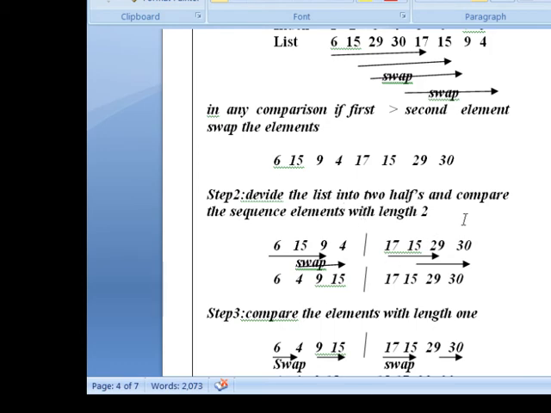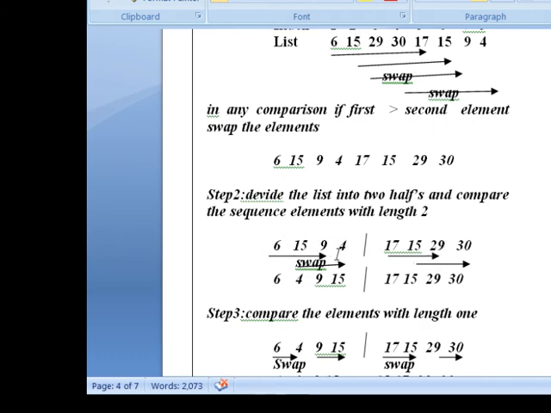Already we have seen the diagram of a Bitonic sorter. So for n value Bitonic sorter, it will compare with the fourth length. After that it divides into 2 parts for 4 elements: Bitonic sort of n by 2, Bitonic sort of n by 2. That means this list is divided into 2 parts, n by 2, n by 2. Once it is divided into 2 parts, again apply the comparison network. This is one comparison network and this is one comparison network.